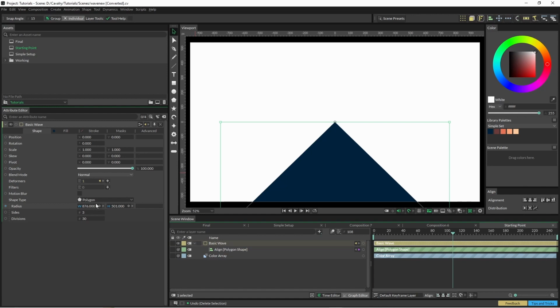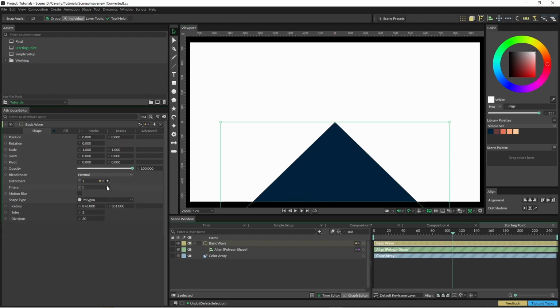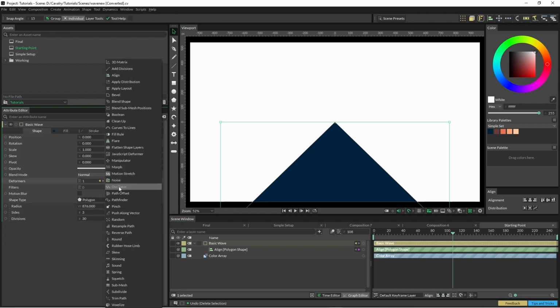Okay, so we're going to start off with a basic polygon shape, and the sides are 3 because we're dealing with a triangle. I've had success using this technique with capsule shapes as well if you want a rounder end. Divisions is 30, and I've also put in a line deformer so that the pivot's at the top. Now we're going to add our oscillator